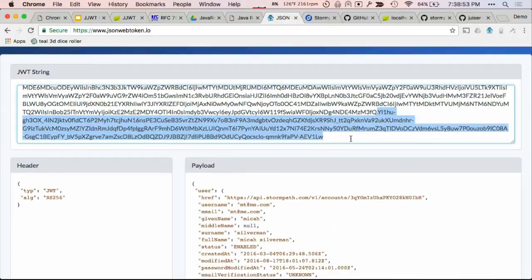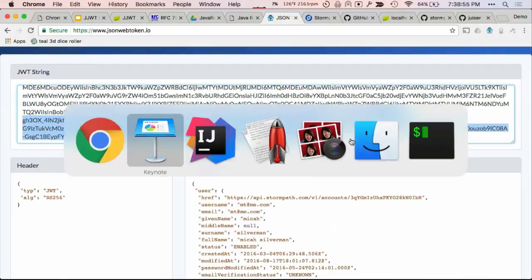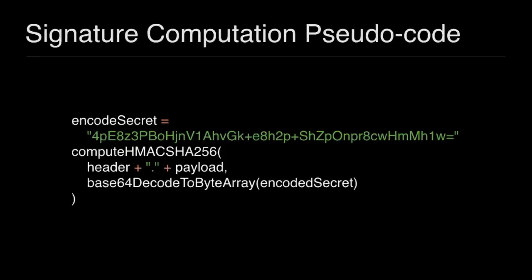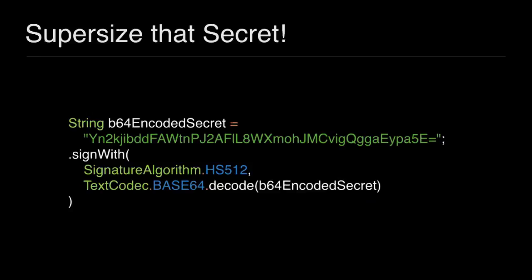That's what was computed using this mode here, right? So the signature is put together using the existing header and payload, and that's one of the things that ensures that it can't be tampered with. When you verify the signature, you're not going to come up with the same value if the header and payload have been tampered with in any way.